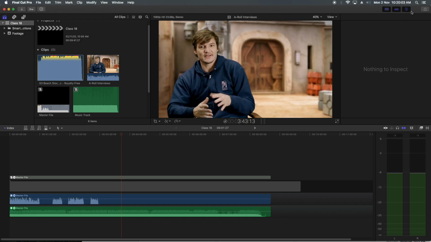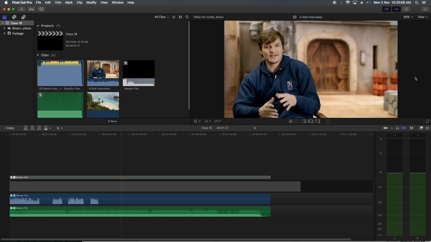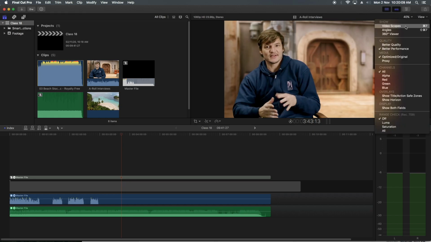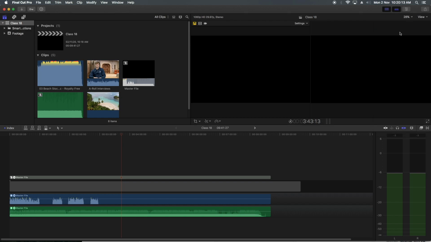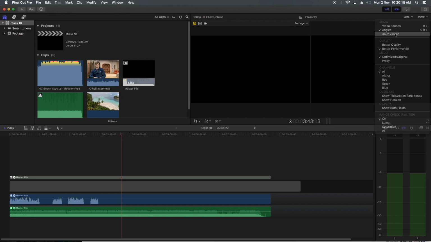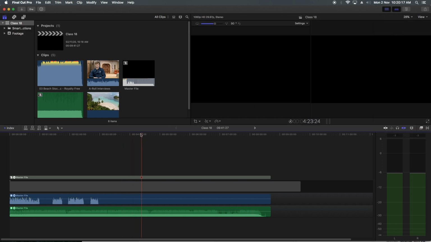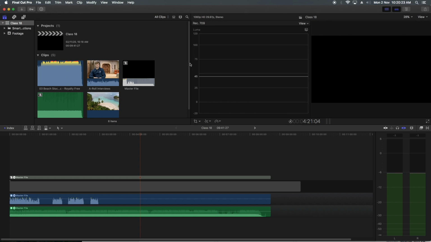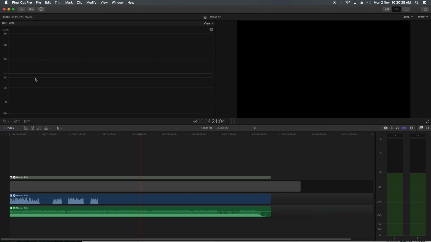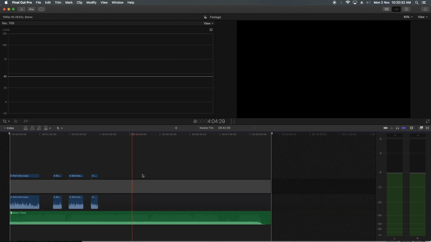At any moment, I may not want this inspector window. I may want video scopes or angles or 360 degrees, or at any particular time I may say I'm not using libraries, I'm only using this color management.